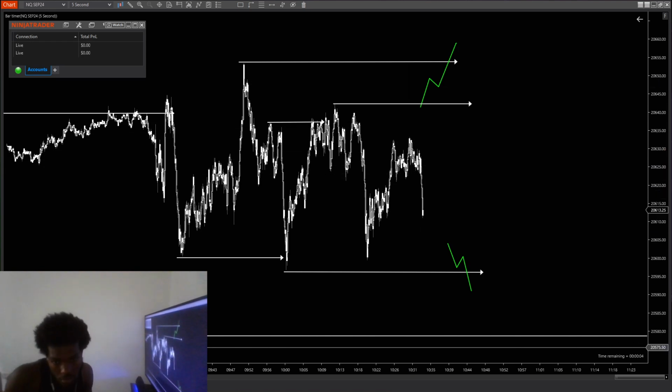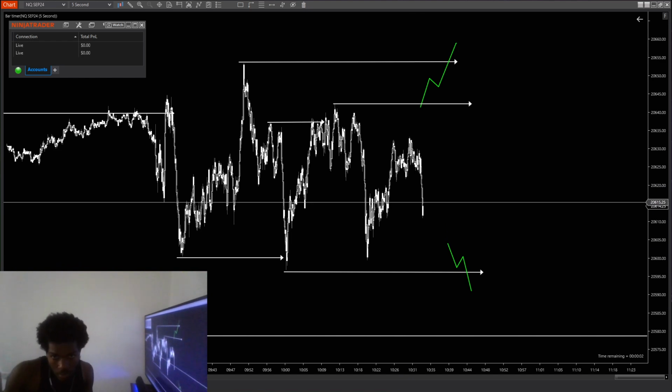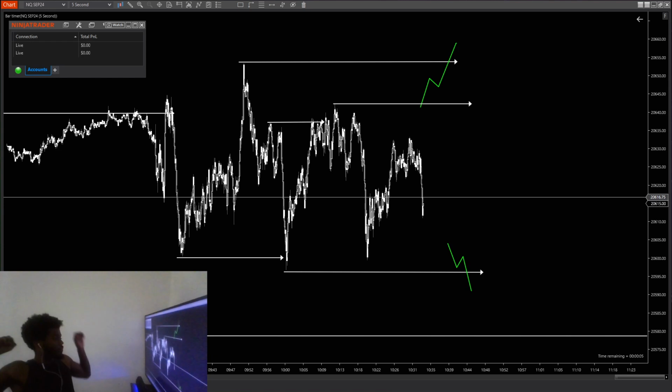But anyway, without doing too much, I'll just stay analyzing the 5 second zoomed out for now, because this model is a thing where